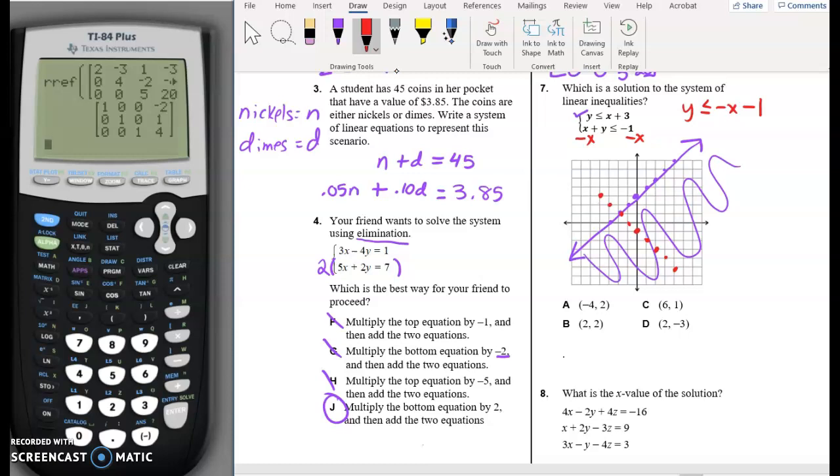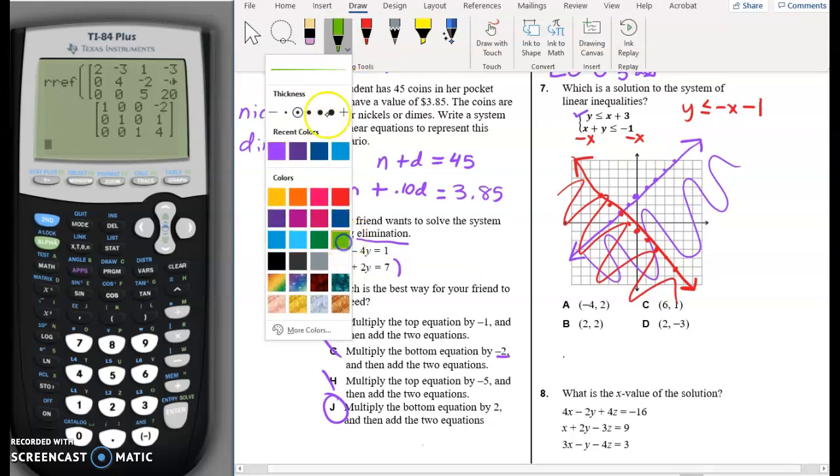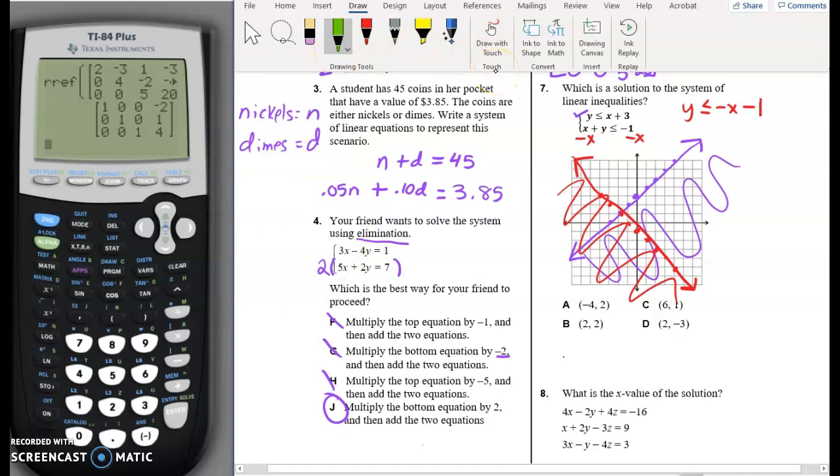And since this is also equal to, we're going to have a solid line. And this is also less than, so I want where y is smaller, which is on the bottom side of our graph. Now, remember, our solutions are only where our shading overlaps, and since these are both solid lines, we can include these regions of the line of our lines that